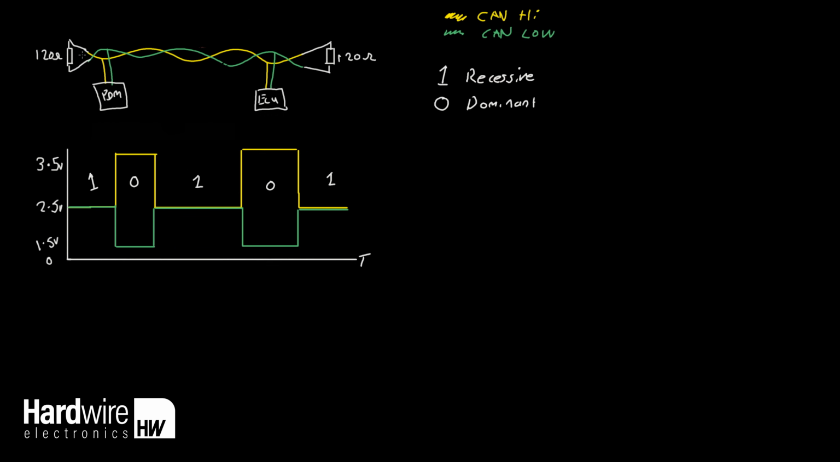So another reason why a value of 120 ohms is chosen is because it helps to control the slew rate of the signal. So as you can probably imagine, the lower this value of resistance here, the stronger the resistor is pulling the CAN high and CAN low lines together. And what that means is, on the falling edge of these signals, we get a nice sharp drop down in